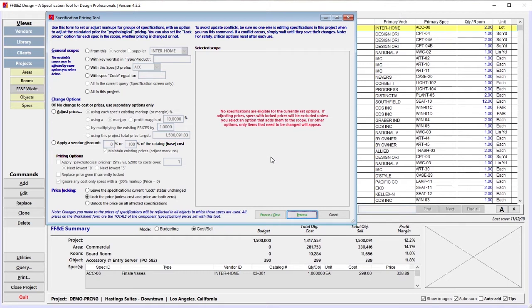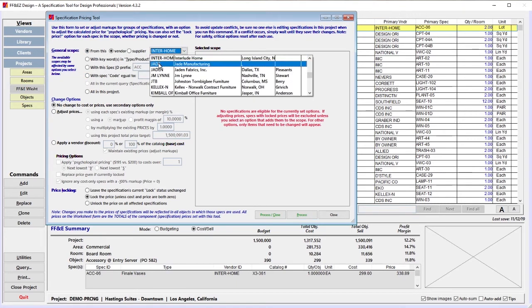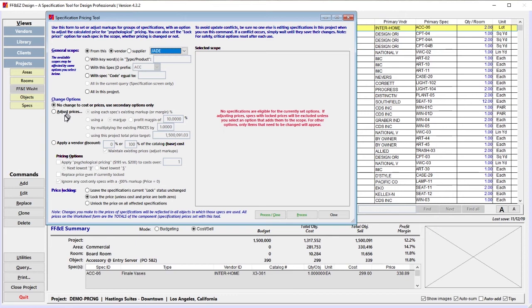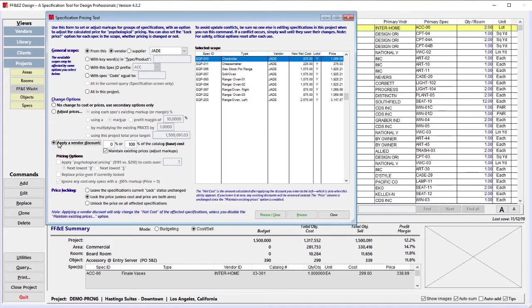Now, suppose a vendor or a supplier gives us an extra 10% discount based on the purchase size. Instead of adjusting individual costs, I can use the pricing tool. I'll use the first scope for a specific vendor. Then I will select the Apply a Vendor Discount under the Change options. If I enter 10%,